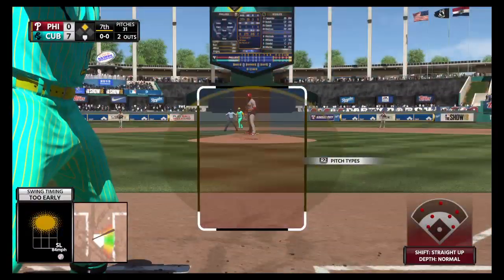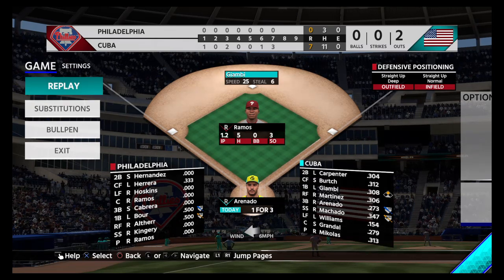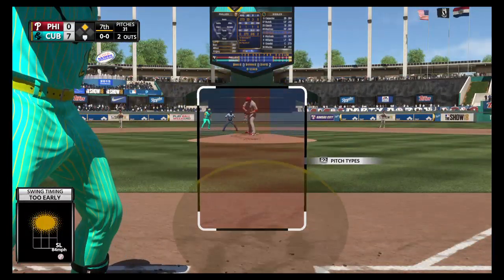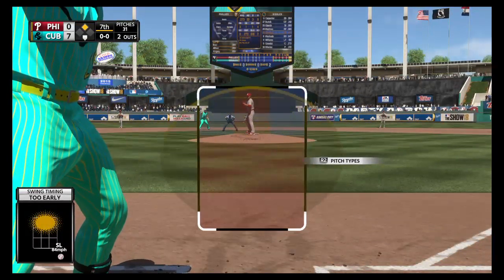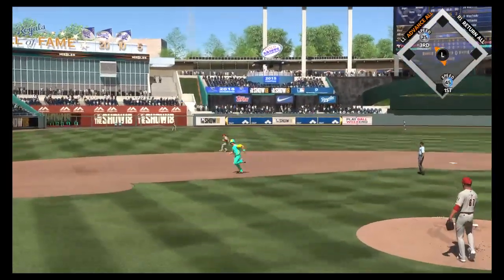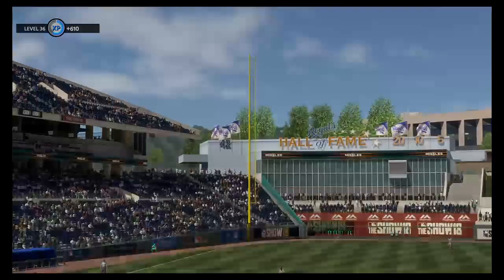Runner in scoring position with Nolan Arenado. From the stretch. Line, but speared on a hop. Throw on to first gets him, and the side is